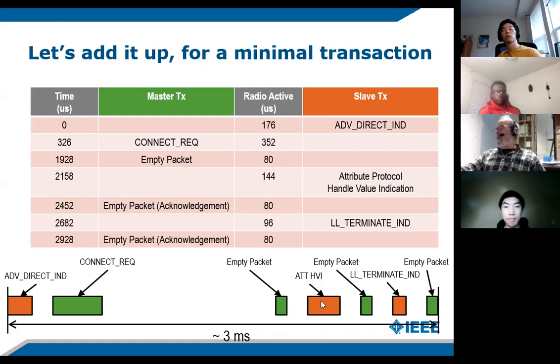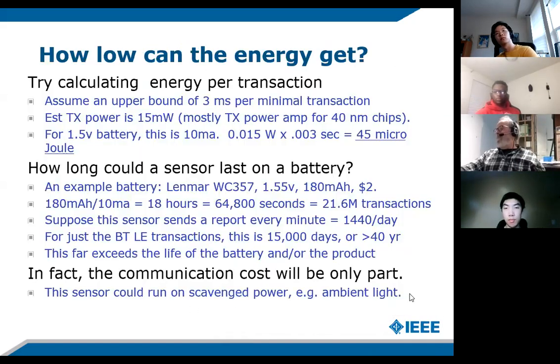So here's the actual payload. This is the, shall we connect? Yes, let's connect. They can do all this stuff in not very much time. Let's suppose that they're in fact on for 3 milliseconds. And let's figure out what it would take. Let's assume it's 3 milliseconds total. That means the system is spending power for that much time.